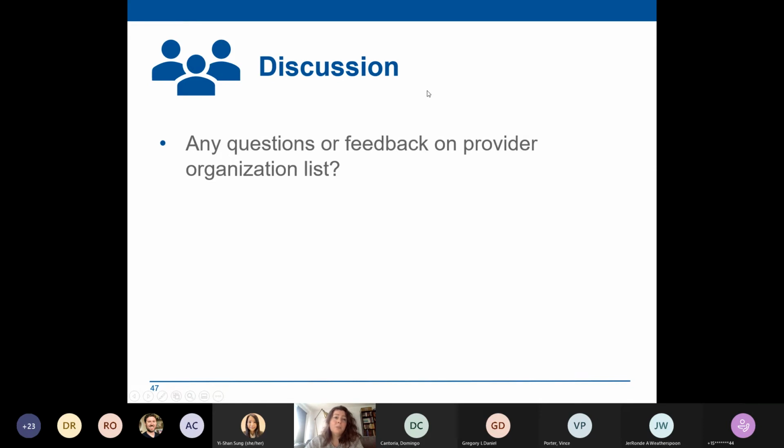We talked a lot internally, and I think with the TAG, about whether or not there should be a one-time provider list, and then once you're on it, you're on it forever, and we decided against that. So there can be changes to the list of provider organizations, just like there can be changes to the data submitters in a given year. And we would have to do the outreach, the education, the onboarding for any of those new entities.